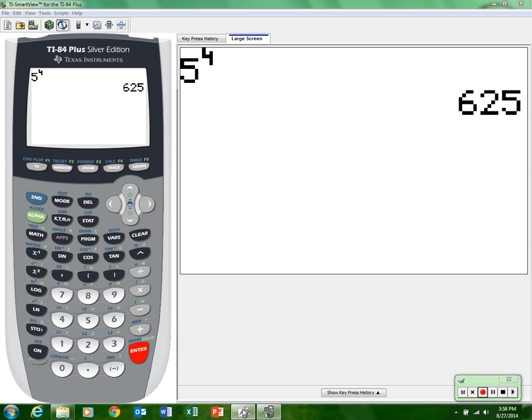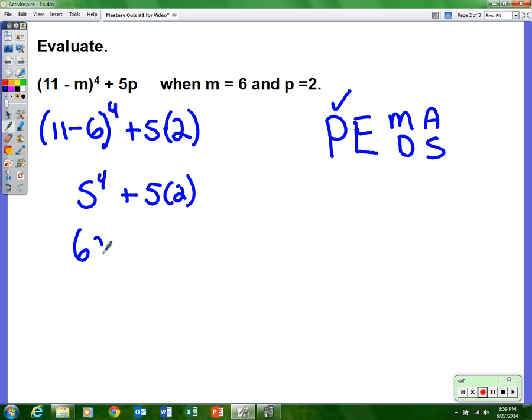625. So 625 plus 5 times 2. Now again, you probably could have already done the 5 times 2, but I'm going to check the exponent off because that's the only thing I did. Okay, the next thing,